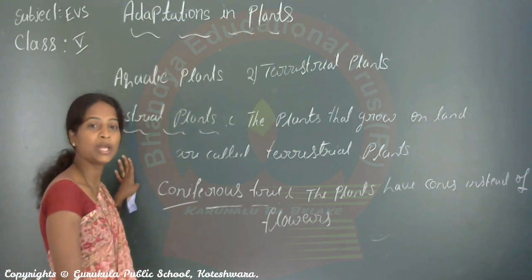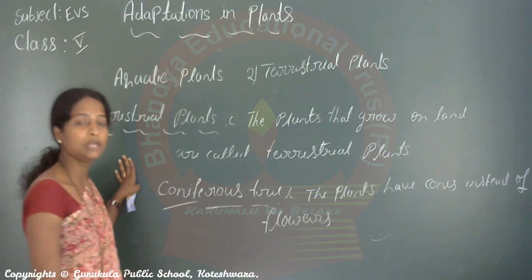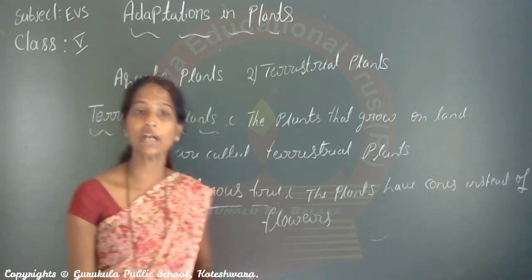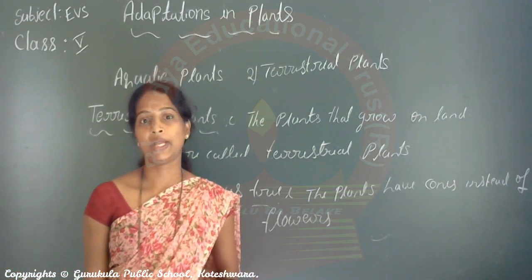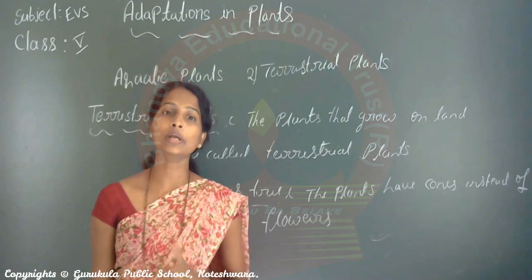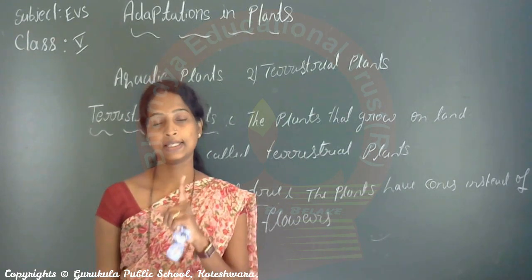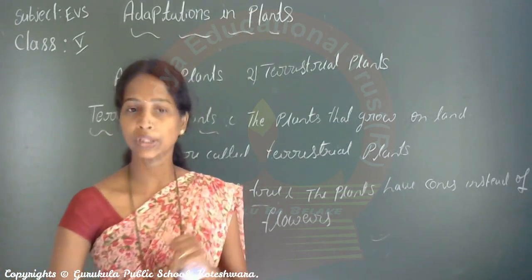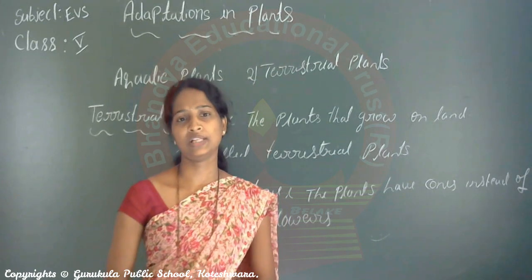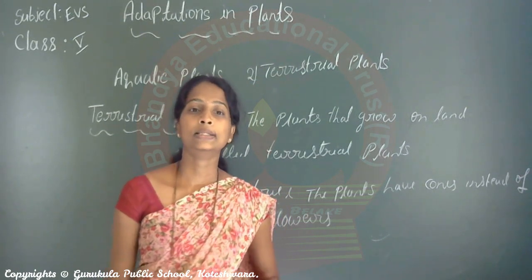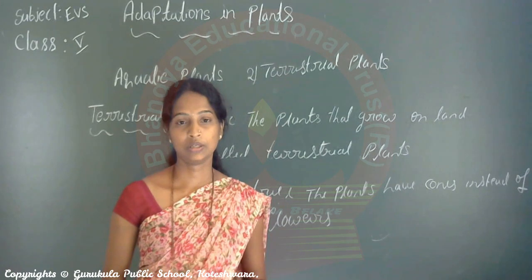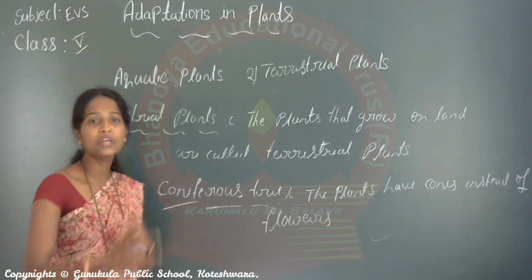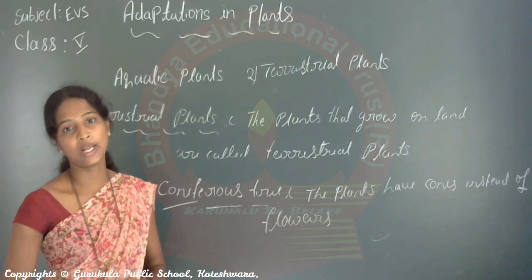What are terrestrial plants? Terrestrial plants are the plants that grow on land. For example, mango, banyan, neem, oak. These are also terrestrial plants. They are growing on land. Depending on their landforms, we have classified different types of terrestrial plants. One is